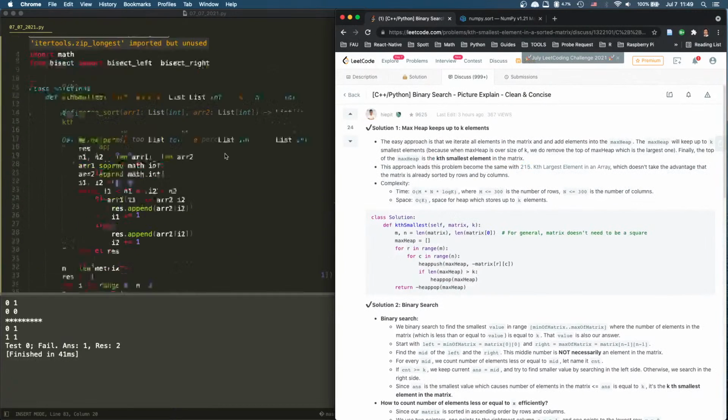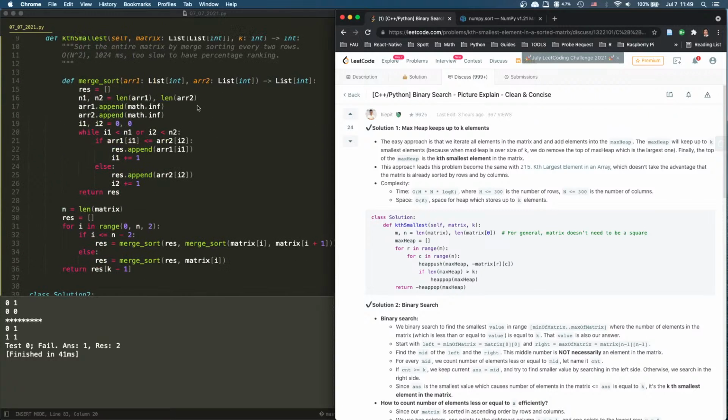Unless I'm wrong, merge sort, because we take 2, and then we take 2, so it's n divided by 2, and each one is O(n). So n divided by 2 times n, so O(n) squared. This is O(n) squared log k, because we don't take advantage of the matrix being already sorted